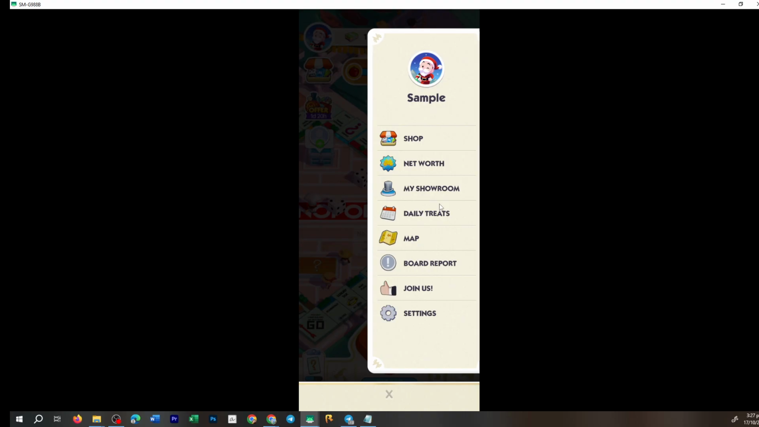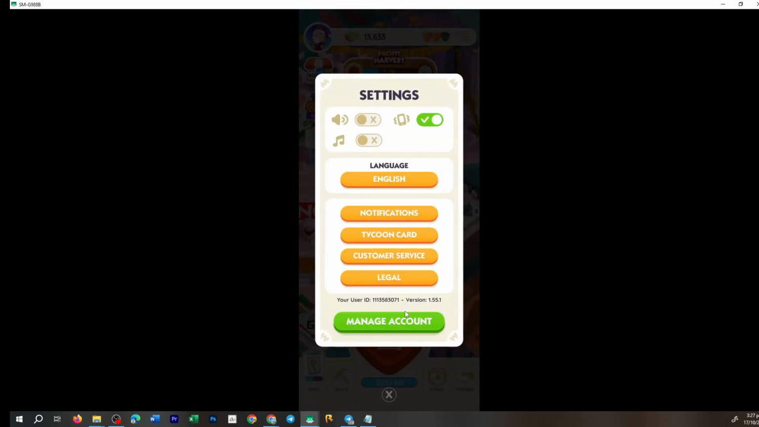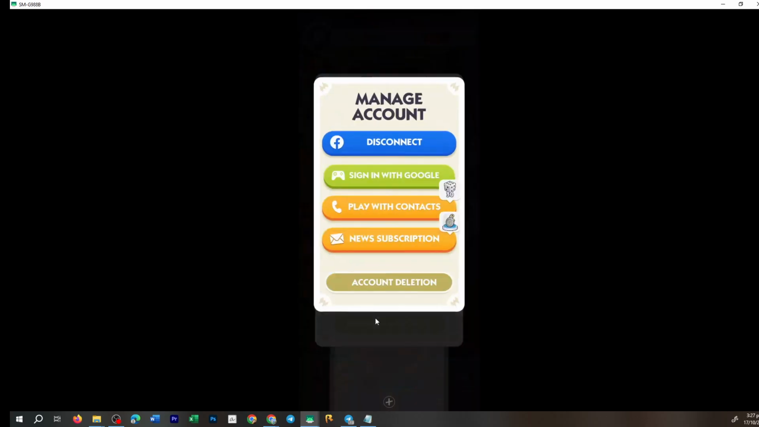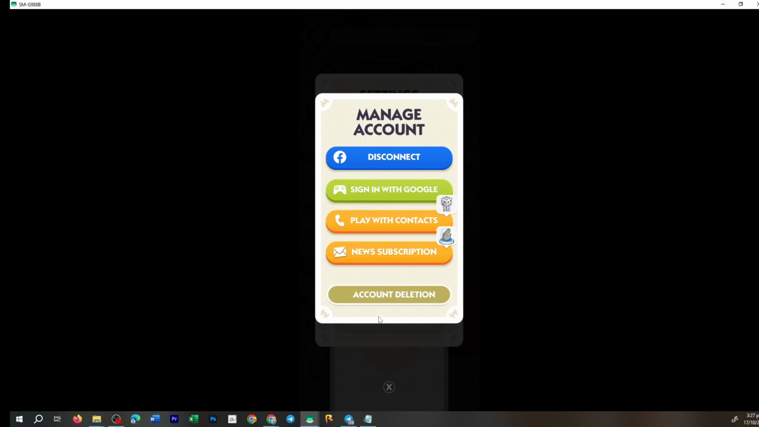Now, from this side menu, you want to find and tap on the Settings option. It's represented by a little gear icon, which is quite typical for settings menus in many apps. Once you're on the settings page, look for an option that says Manage Account. Tap on that, and this will take you to a place where you can manage the specifics of your account